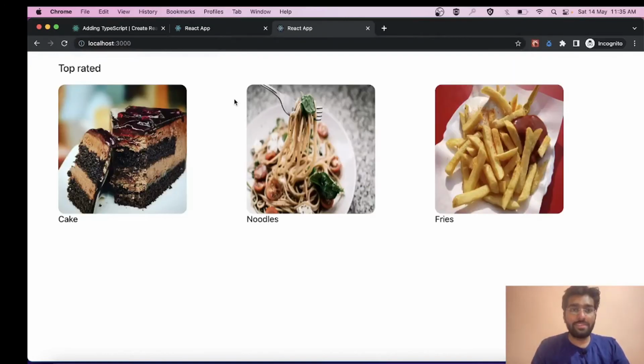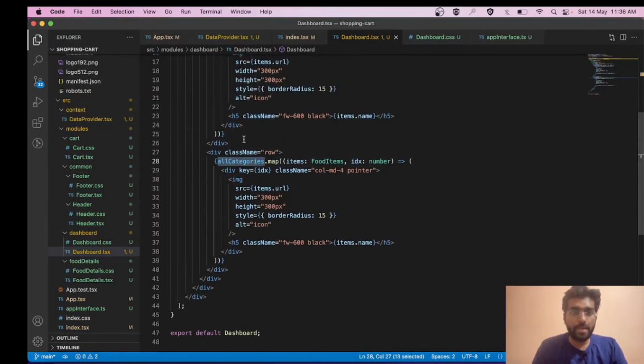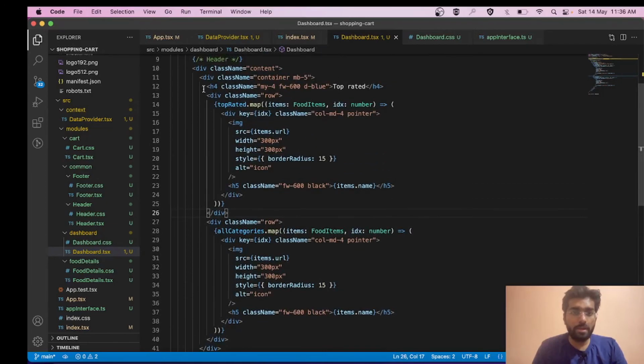So friends, as we can see, we have our dashboard component over here, and we have successfully rendered the top row. So now we can go ahead and similarly code the last two rows also. This one is for all categories. I guess I have missed the h4 for it. Let's copy it from here.